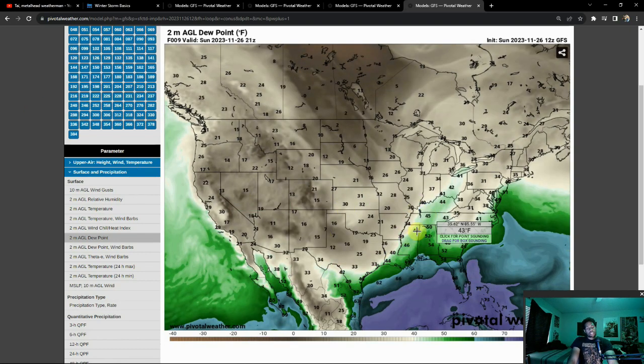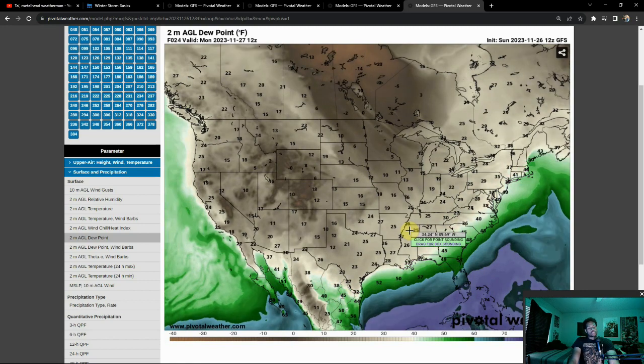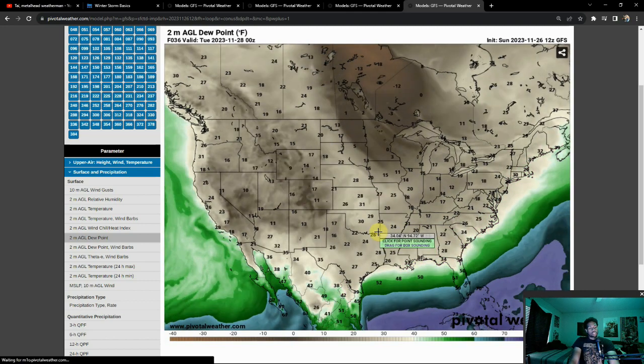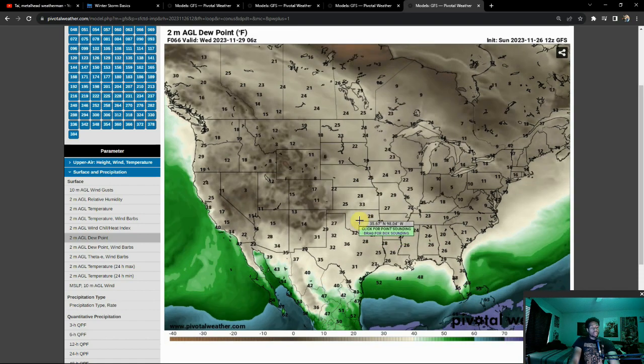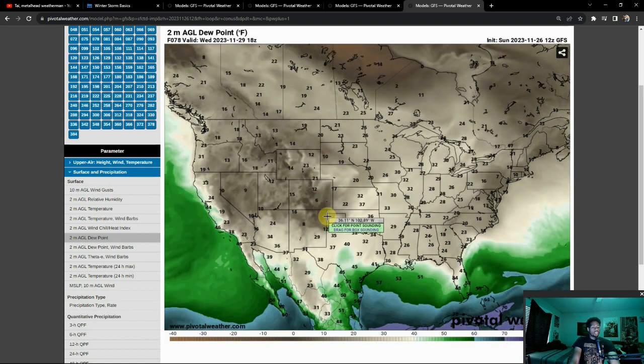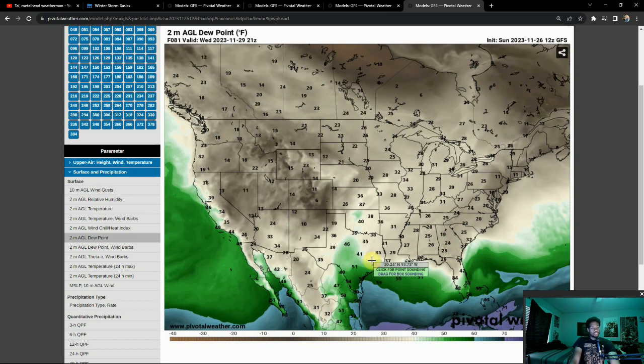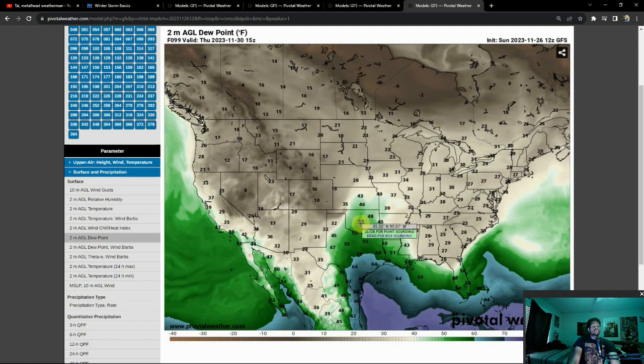This is a moisture nose right here, for example. You notice how the moisture spikes up and surges up to the north a little bit here. What we want this moisture to do if we're looking for a winter storm is for it to interact with the low pressure center. So right now there isn't really much in the way of low pressure that's going to be able to take advantage of this, nor is there really a moisture nose or a moisture surge right now. But as we go towards the 30th and into the 1st, here's that first moisture nose,